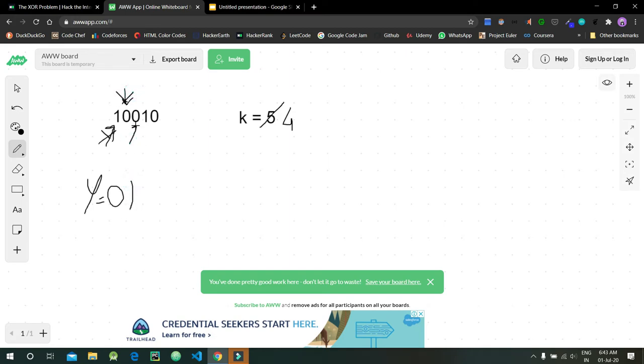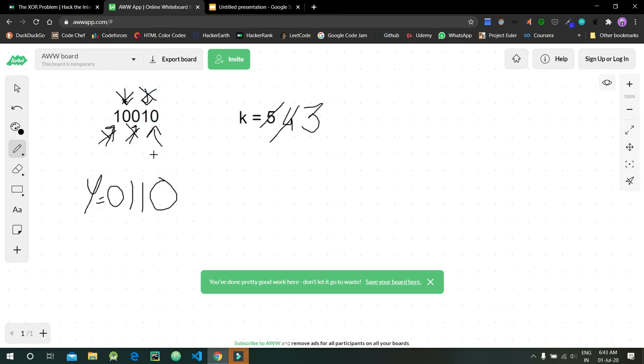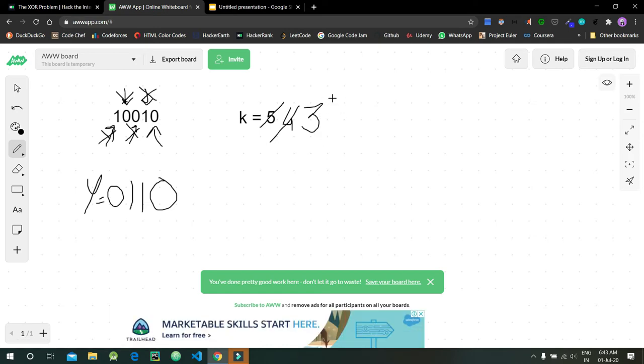Now we move to here. Again check if this number is 0. Yes it is. Then we will decrement k by 1 and add 1 here. Now we increment our pointer. Now it points to this position. Check if this value is 0. This is not 0. So what we'll do is add 0 here and increment our pointer position. Now we are here. This value is 0. So let's look at k. If k is greater than 0, yes it is. Decrement it and add 1. Now we have reached the end. So our answer would be 0, 1, 1, 0, 1.